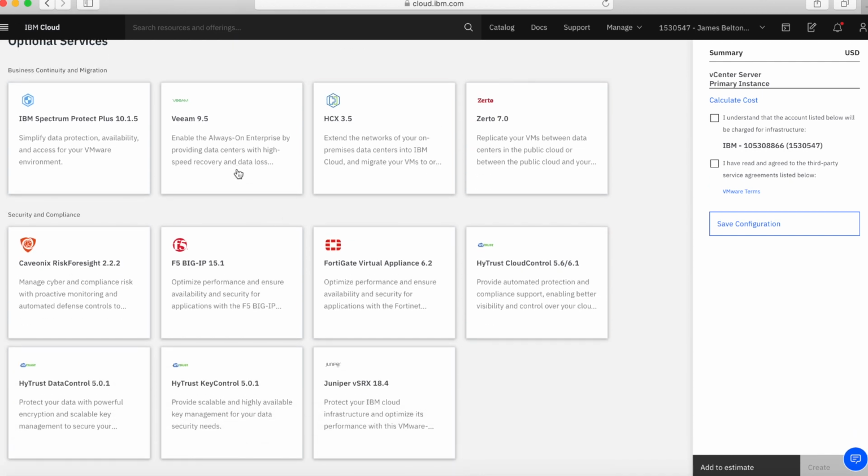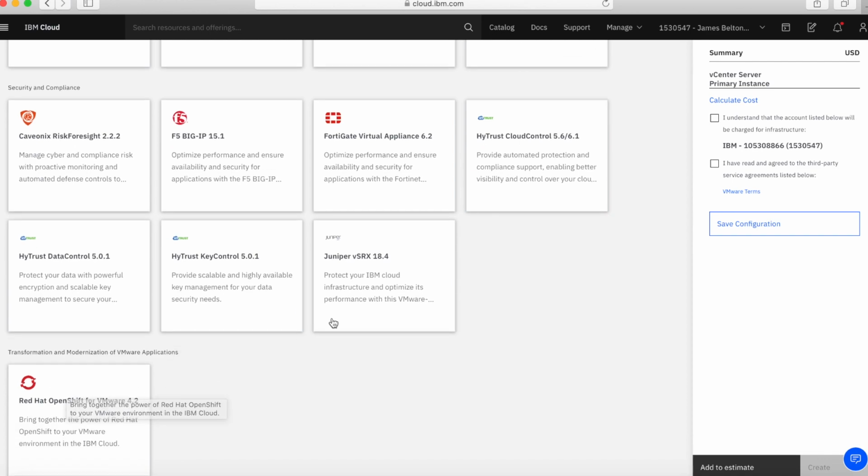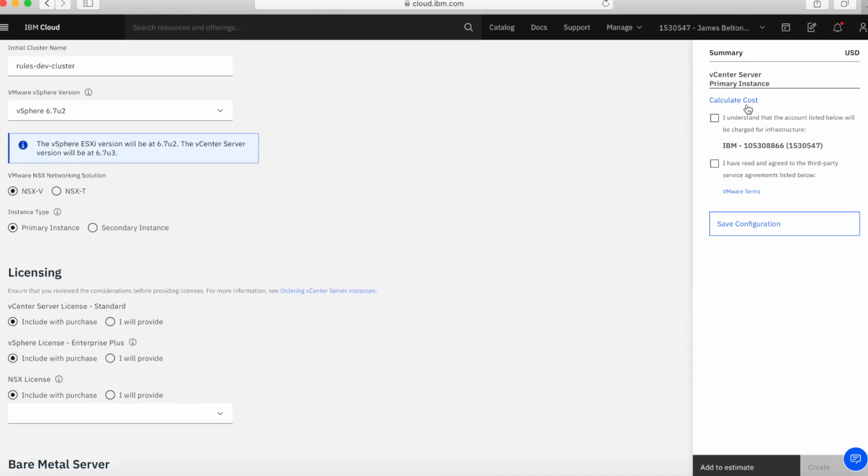So again, if I want to, I can choose Veeam for my backup and recovery, to actually protect against data loss. I can also choose Zerto, obviously as HSX as well if I want to do some migration work, and of course some of the security and compliance options down here as well. But anyway, once I get to the point where I'm happy with my configuration, I can then press the